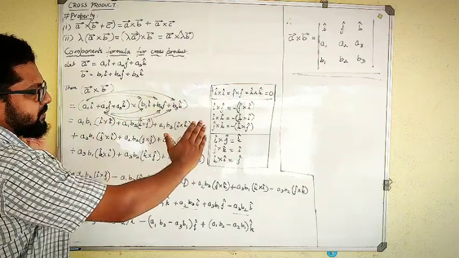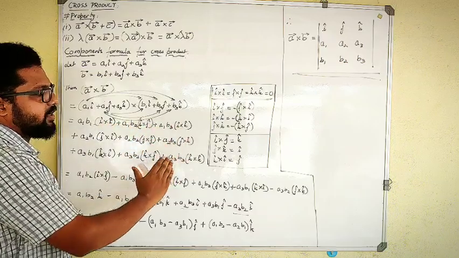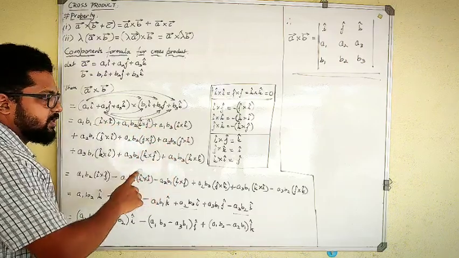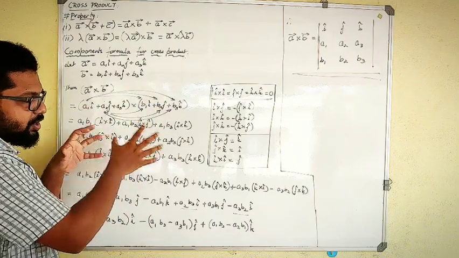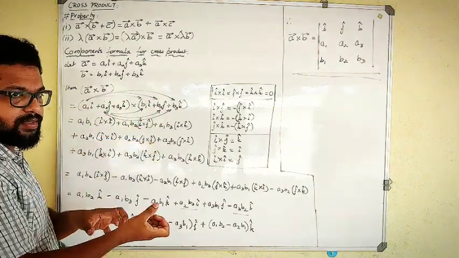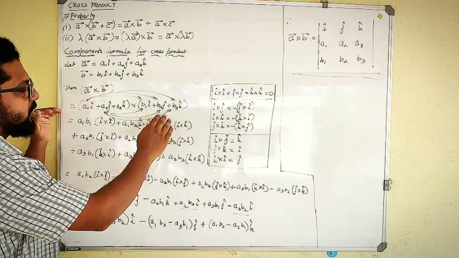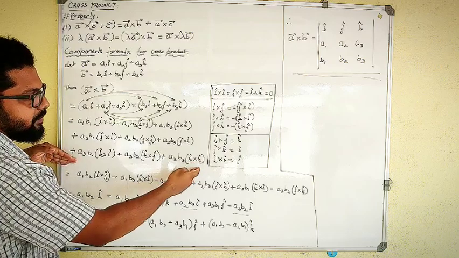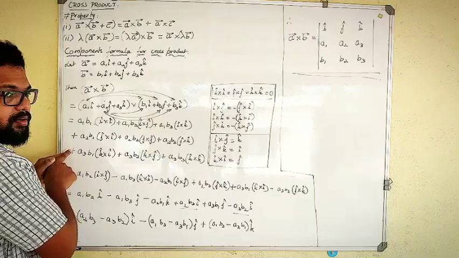Complete expansion. I want you to do this correctly, and this should be written correctly in your book. Without seeing this board, I want you to do it manually, so that you will understand when there is a certain type of mistake and you can correct it later. Okay? So please do this particular part on your own, and obtain this expression till here. I have written it one after the other. I have written the plus symbol here, don't forget that.